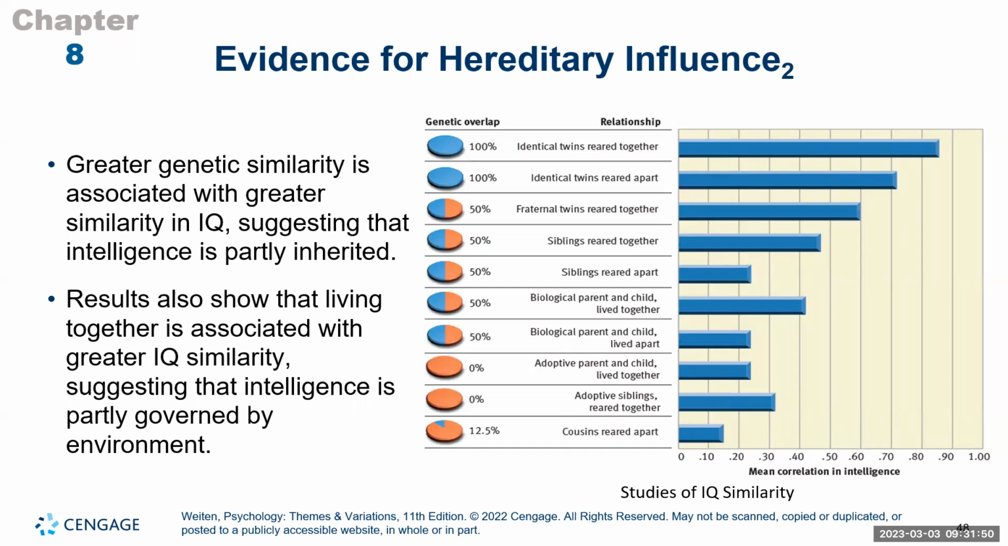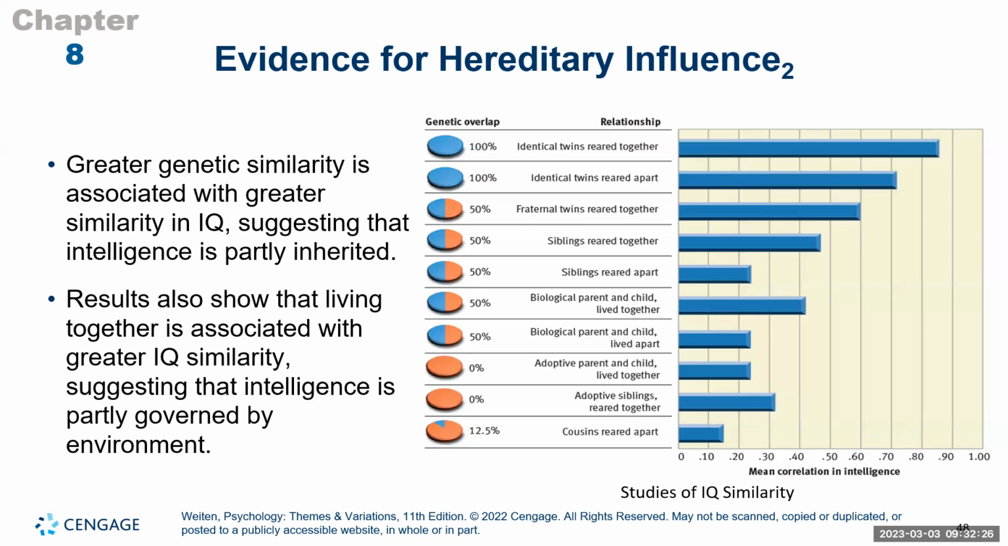So again, when we look at genetic similarity, the greater the genetic similarity, the greater the similarity in IQ, right? So with identical twins, when they are raised together in the same household, their IQs are oftentimes pretty similar in level of IQ. When identical twins are reared apart, even though they are reared in different settings, they still usually have pretty high IQs, right? As you reduce the genetic similarity...